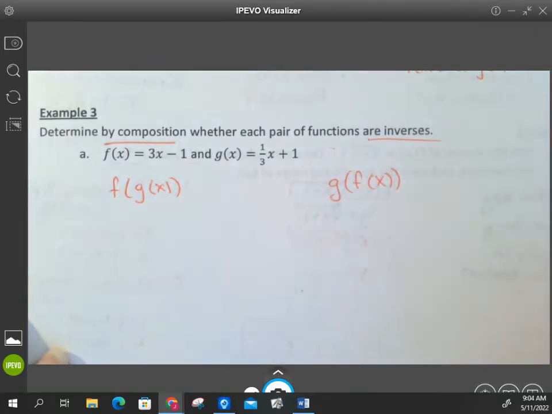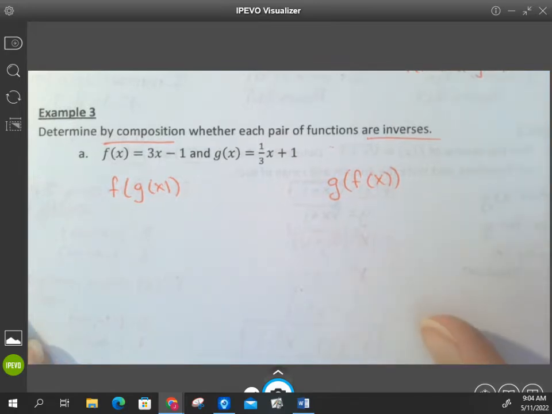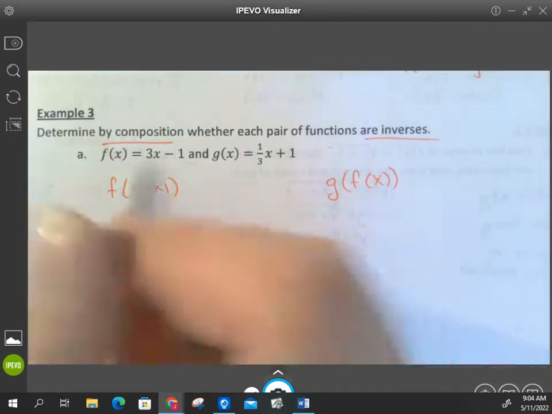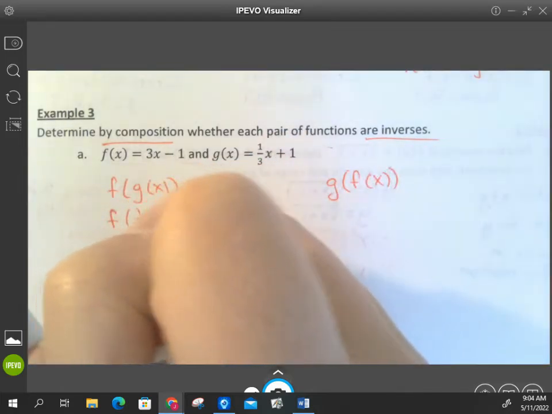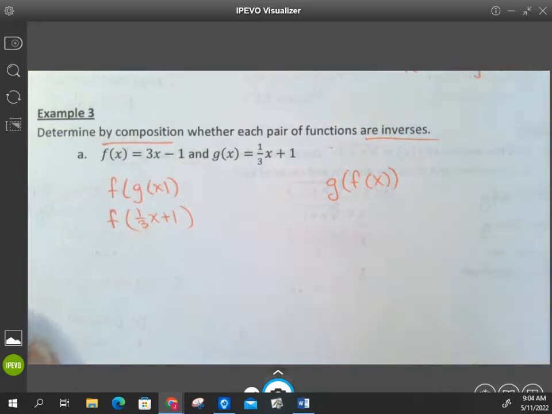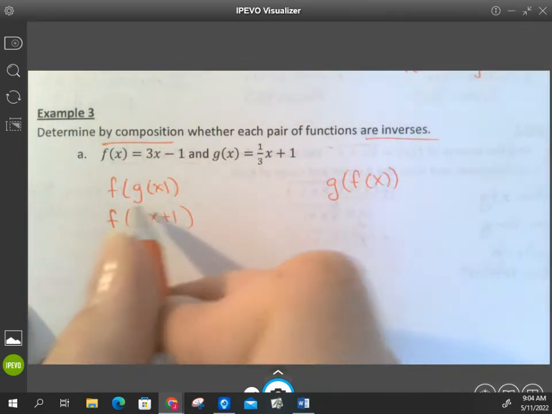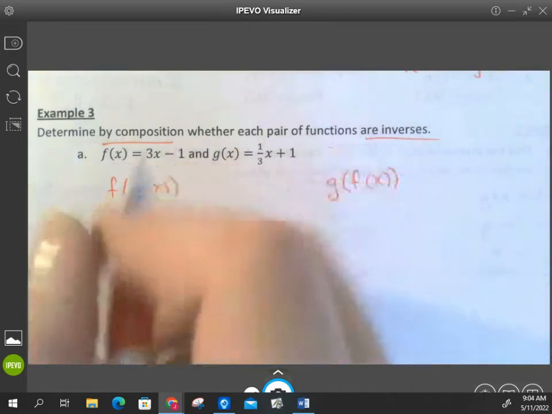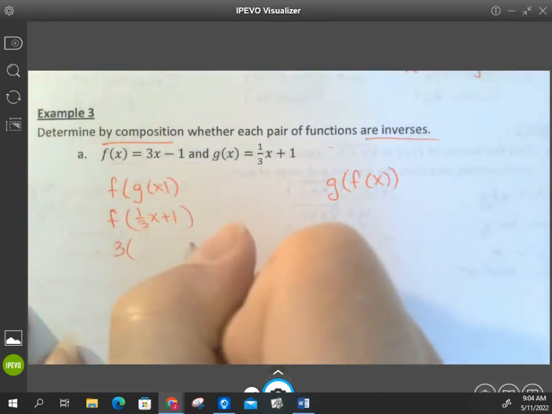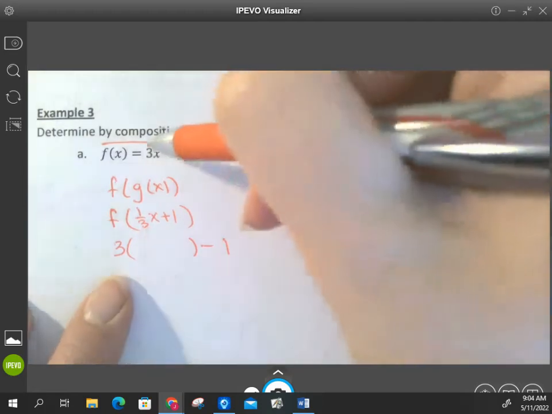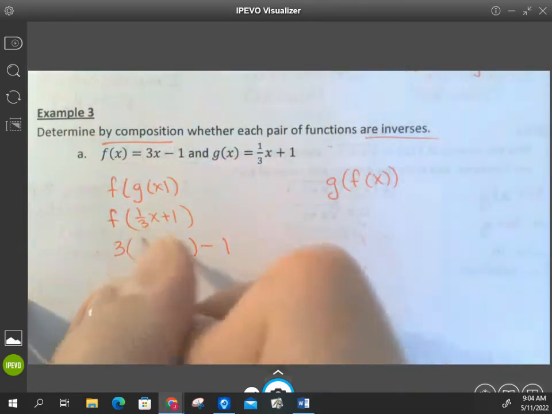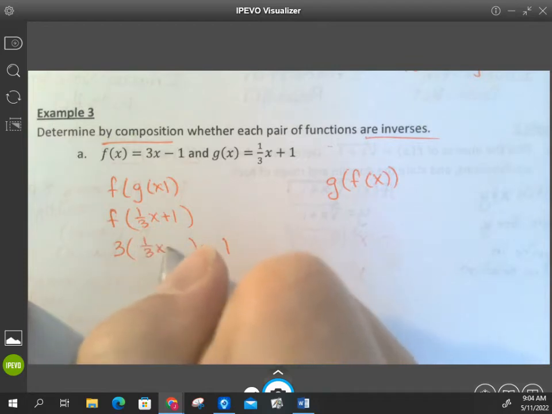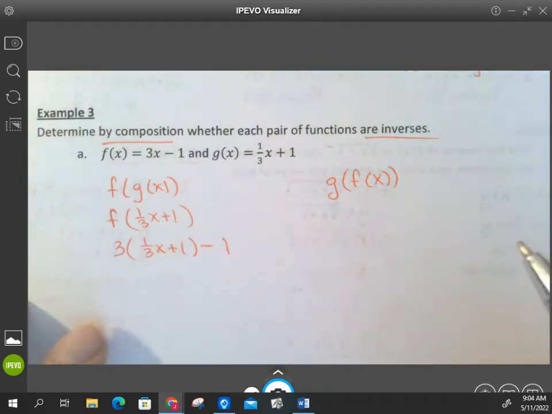So whatever you need to make your compositions work, if it helps you to drop g of x down, 1/3 x plus 1, please do so. Okay, now take this g of x and stuff it in here. I'm still suggesting when you do your compositions, you pretty much rewrite the function and drop that new function in after you're done. So I'm dropping in the 1/3 x plus 1, and if I follow the order of operations,